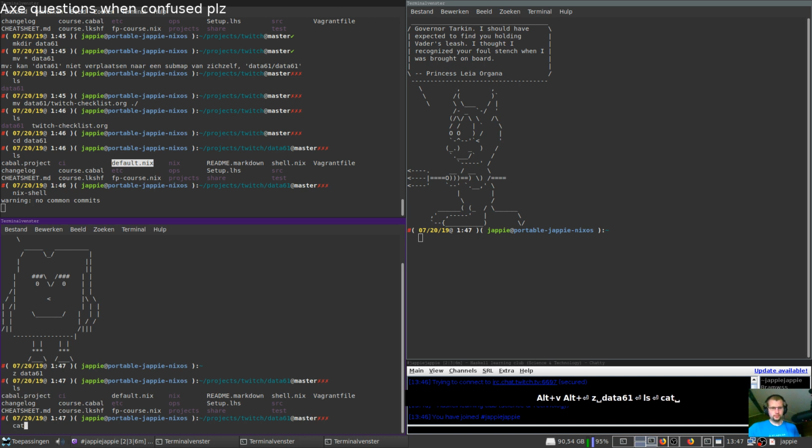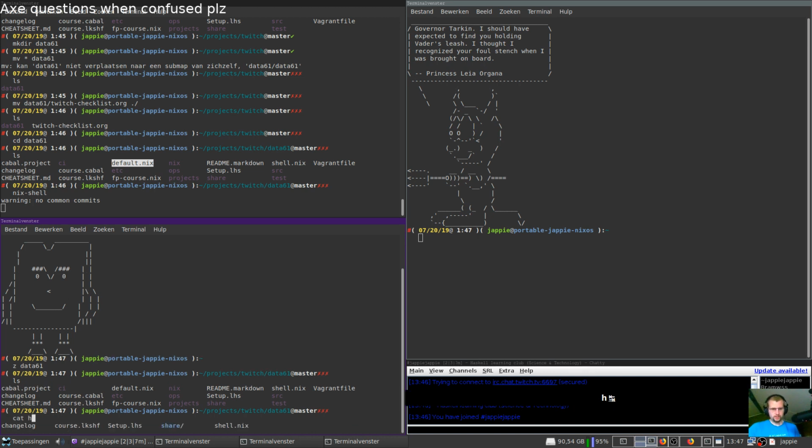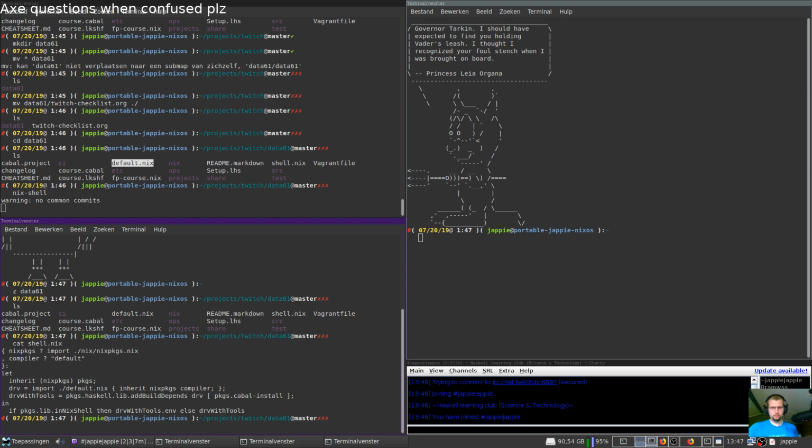So I'm using the Nix stuff because it allows me to avoid having to deal with Cabal, which is kind of hard to get into. They prepare it for me and stuff like that. Haskell tooling is not that user friendly.